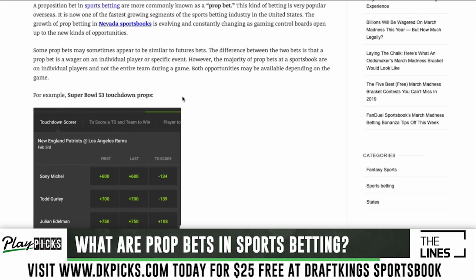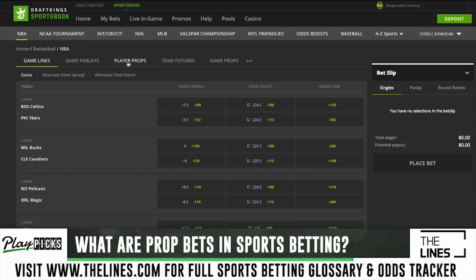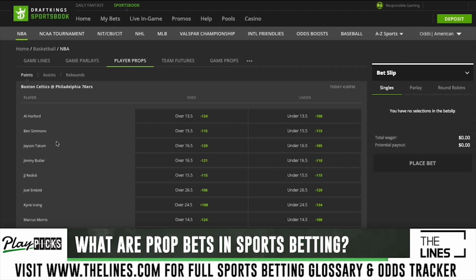So we can flip over here to DraftKings Sportsbook and take a look at kind of what they've got going on. I'll just click the NBA tab here. You see there's a bunch of games here, but click the player prop tab. And this is what you kind of see is just more bets that are on individual players or individual things